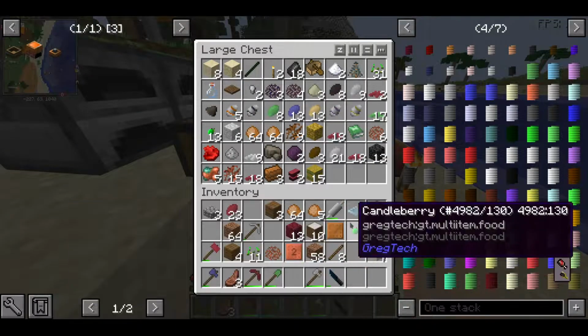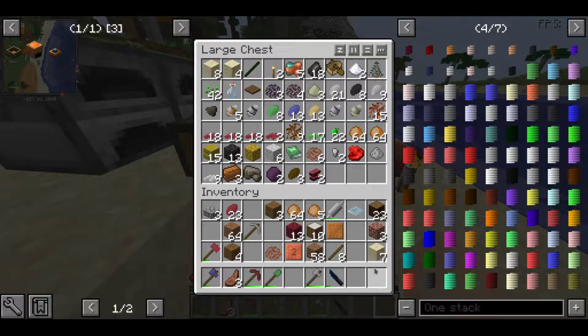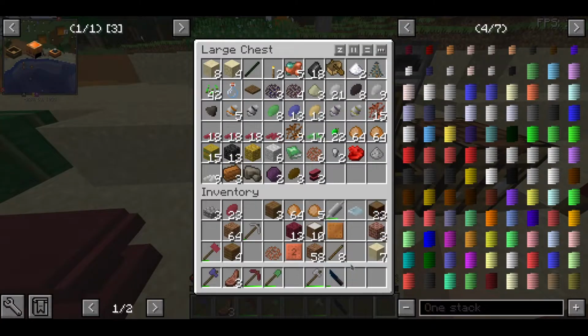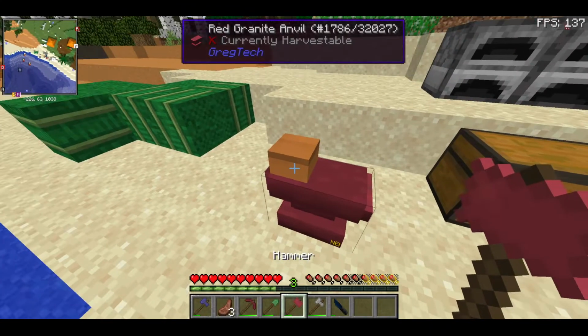Put these rocks away, put the candleberries away, seeds. I should set up a farm in a minute, but I'm not doing it at the moment. What was I even trying to do? I think I was trying to hammer bronze. Yes, I was. Okay. So I need my hammer, and then...